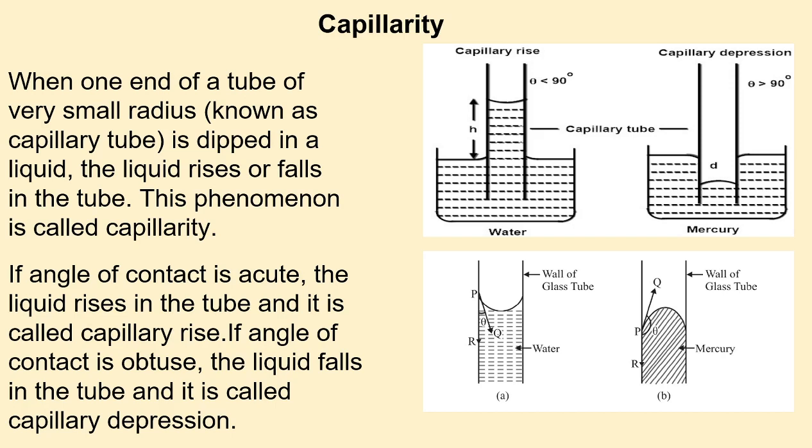You can try this at home. Take an empty refill of your pen and dip it into a glass of water, and you can see the water rises in the tube above the water surface. This phenomenon, when a small radius tube, that is, a capillary tube, is dipped in a liquid, where the liquid rises or falls in the tube,